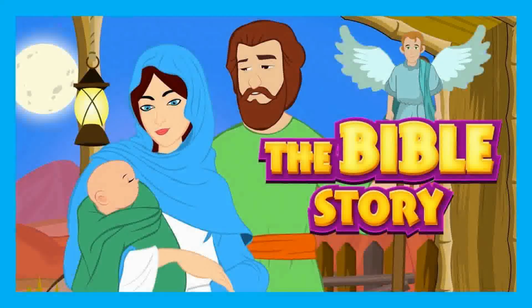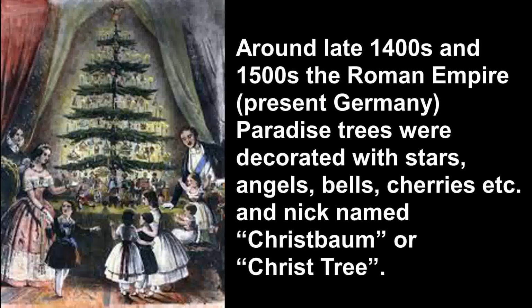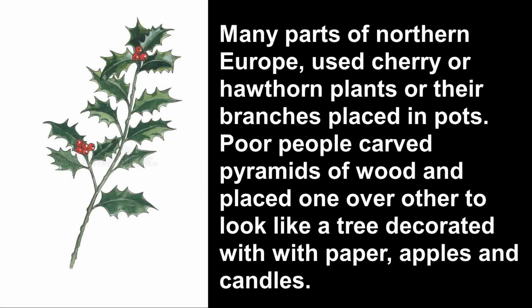Around the late 1400s and 1500s, in the Roman Empire, present Germany, paradise trees were decorated with stars, angels, bells, cherries, etc., and nicknamed Christbaum or Christ tree. Many parts of Northern Europe used cherry or hawthorn plants or their branches placed in pots. Poor people carved pyramids of wood and placed one over the other to look like a tree decorated with paper, apples,